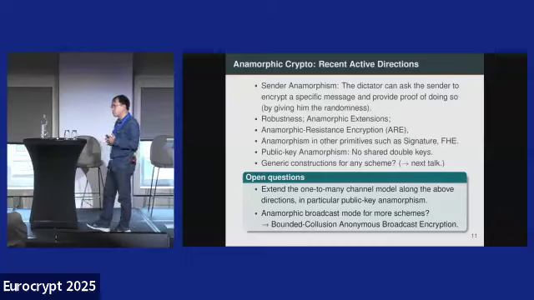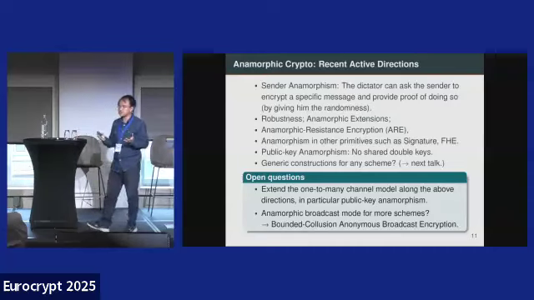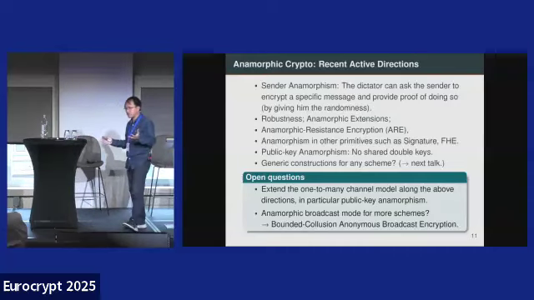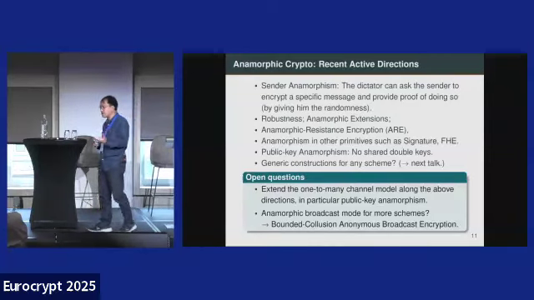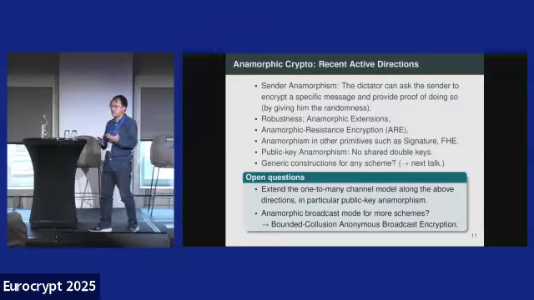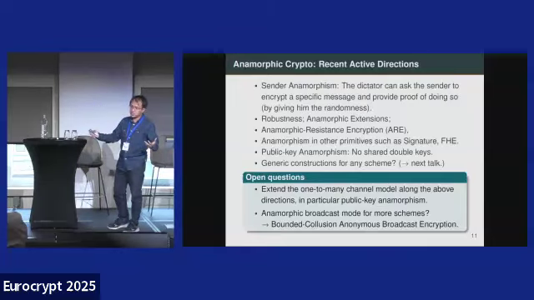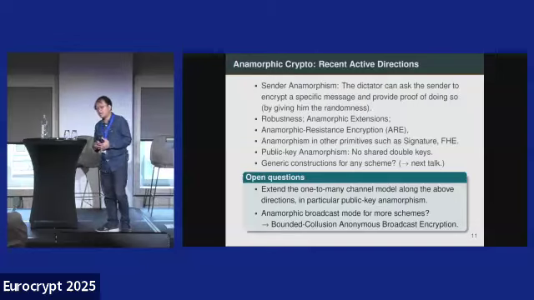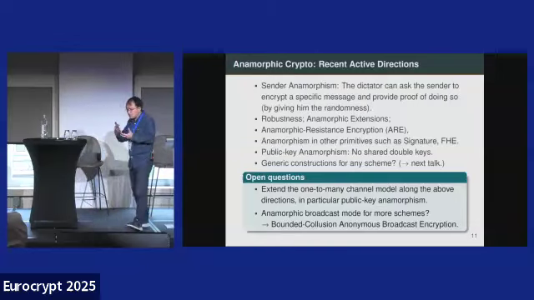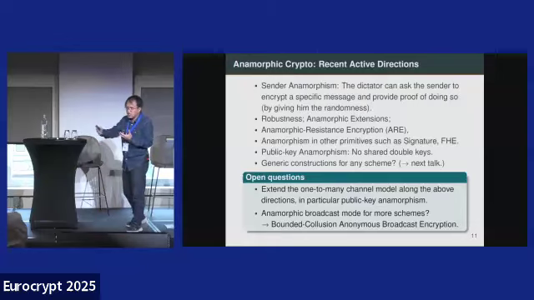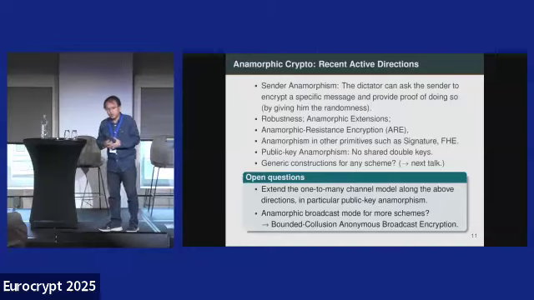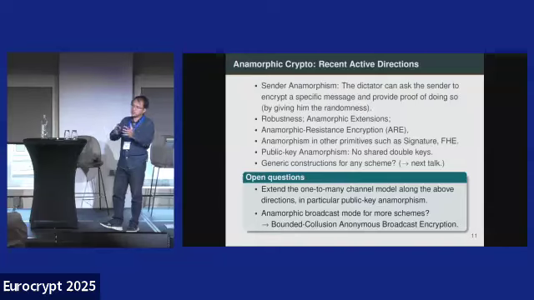For the full collusion model for anonymous broadcast encryption, there is an impossibility result, which states that for fully collusion-resistant anonymous broadcast encryption, we cannot get a more efficient scheme than the trivial scheme with linear size in the number of users. However, like we see here, for bounded schemes, you can get very interesting schemes, and anamorphic cryptography could give a motivation for justification for this kind of study, because in anamorphic,